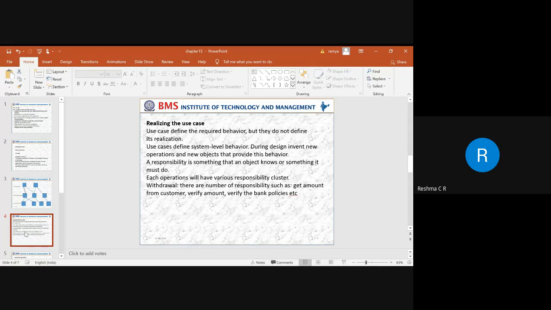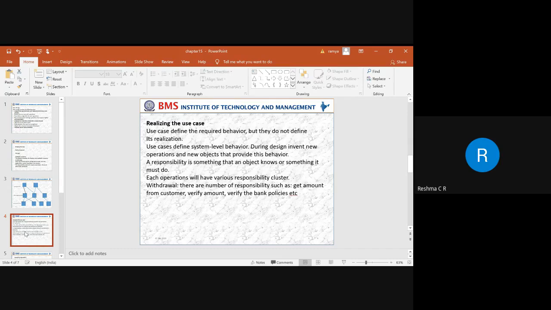Say we take the example of an ATM. When we take an ATM, there are different operations: withdrawal, deposit, and transfer. I have written here only the withdrawal. This withdrawal use case can have various responsibilities. First, it has to get the amount from the customer. Once the customer enters the amount, it has to verify whether the amount is covered by the account balance.